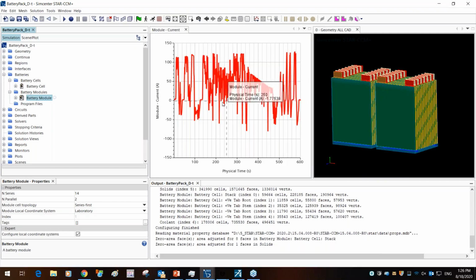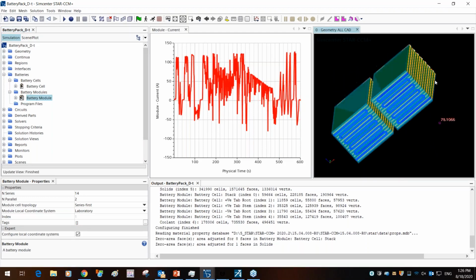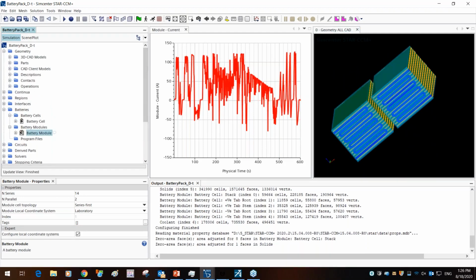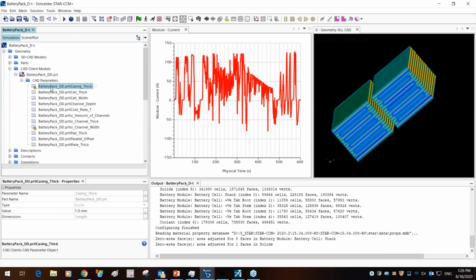Now, what I'd also like to show is the CAD for the water cooled channels. You're going to see these are water cooled channels that are provided. But again, like we had done in the previous session, we do have CAD parameters that we can update and connect, as this is connected to another part that's available. So you can change the parameters and update the geometry to drive this geometry from your CAD into Star CCM Plus. So this is using the bidirectional CAD associativity with NX.